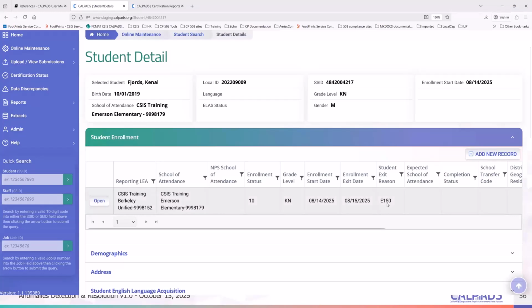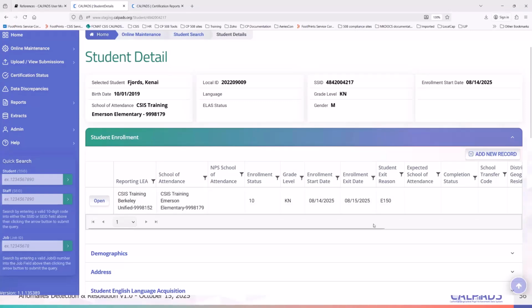Yes. Why did we exit the student with an E150? Maybe the student should be in first grade. So you add that here, add the new grade level. Now, the question is, okay, is the student here? No. So what exit would you have? Maybe it's a T160. Maybe the student was a no-show. So then, if that's the case, you have to change both the exit code and the exit date, right? So the exit date would be the same as the enrollment start date and mark them as an N470.